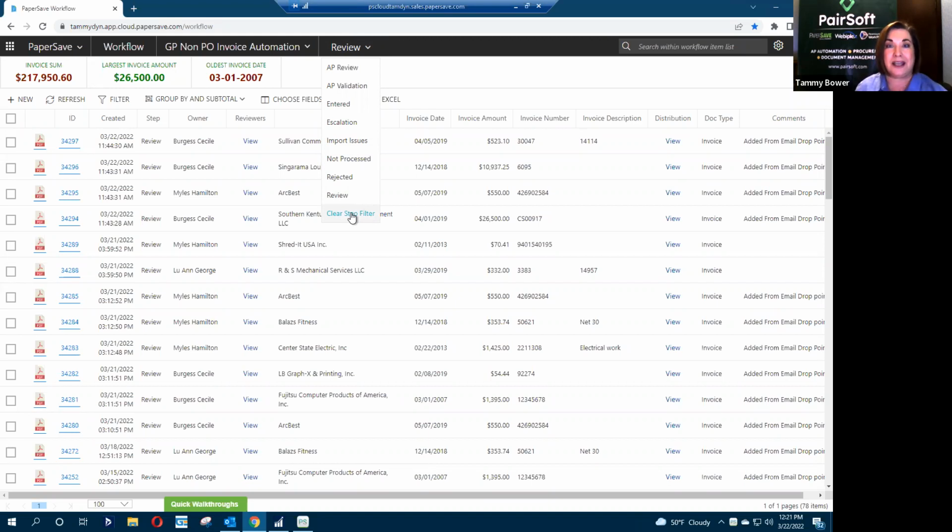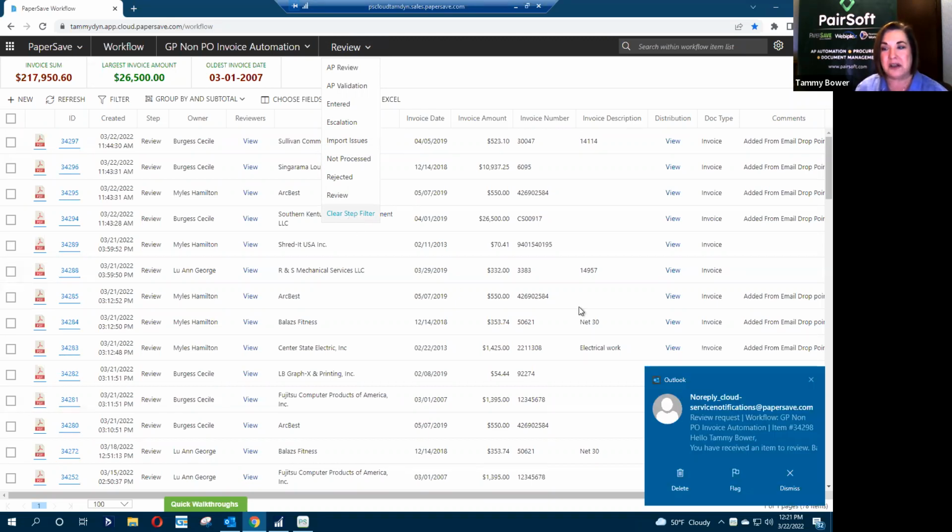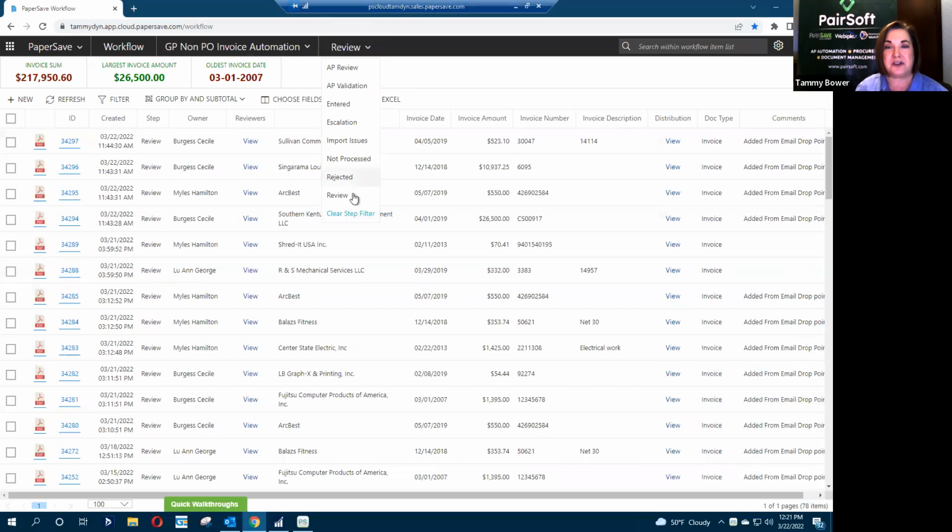So if you are that accounts payable admin and you are the one who's always getting those inquiries, the calls from individuals, vendors, or team members saying, where is this? Has this been processed through the workflow? You can come into the workflow and you don't care about the step.